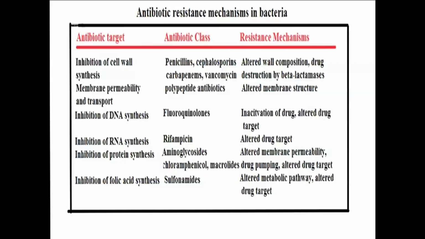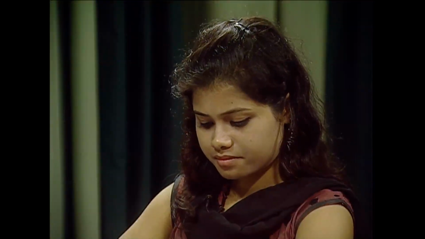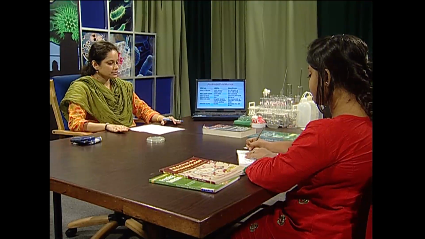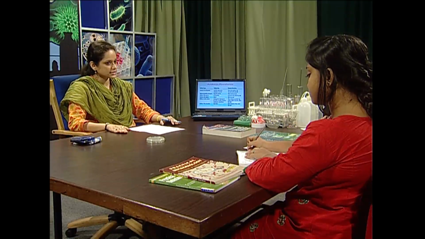Then we have the cell membrane antibiotics. Bacteria can develop resistance against them by altered membrane structure. Then the antibiotics which attack the cell membrane will not be able to degrade the cell membrane. Ma'am, how does bacteria get resistant to polymyxins? Now the polymyxins attack the cell membrane of bacteria. Bacteria can develop resistance against polymyxins by altered membrane structure. If the chemical composition of the membrane is altered, then polymyxins won't be able to bind with